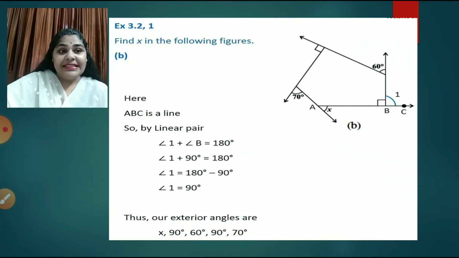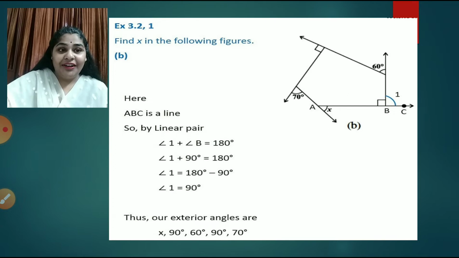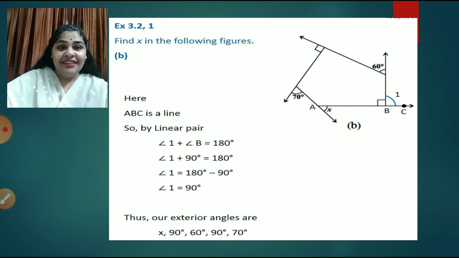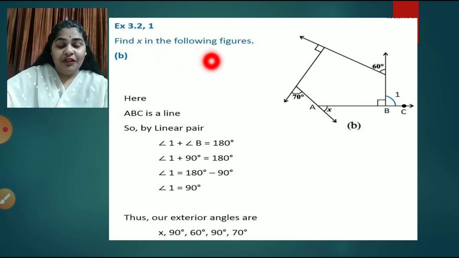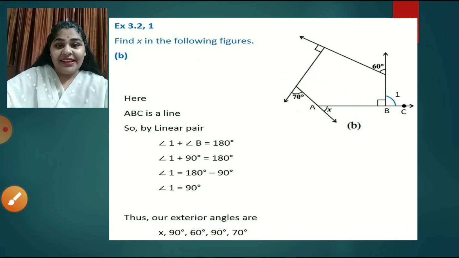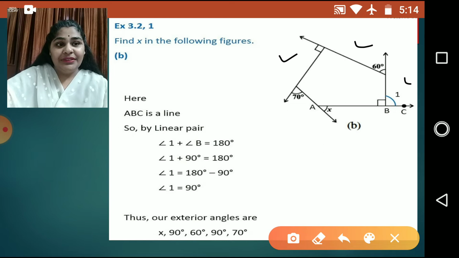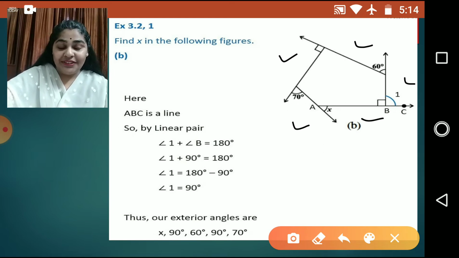Yeah, similar type, but a few things will be missing, but you can find out that, right? Let us see. Now here you can see, find the x in the following figure. Now here you can see, how many sides it has. This is 1, 2, 3, 4 and 5. It is a pentagon, right?